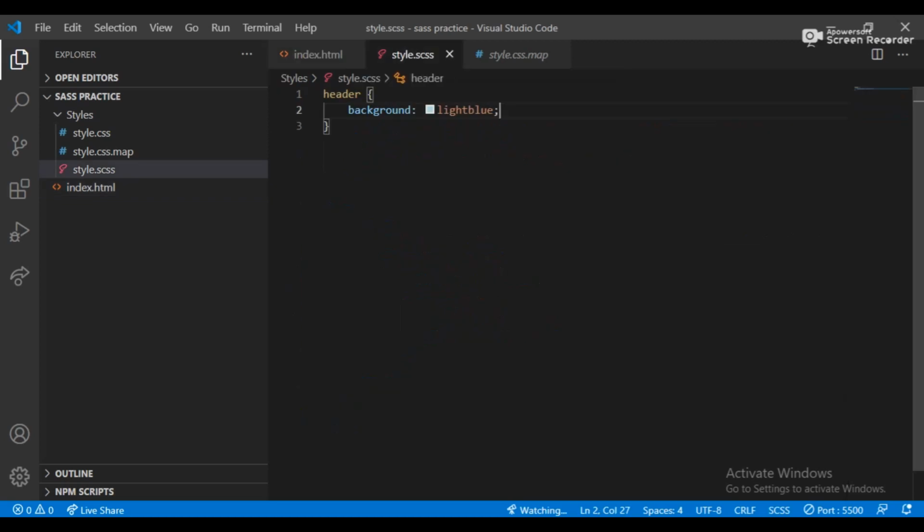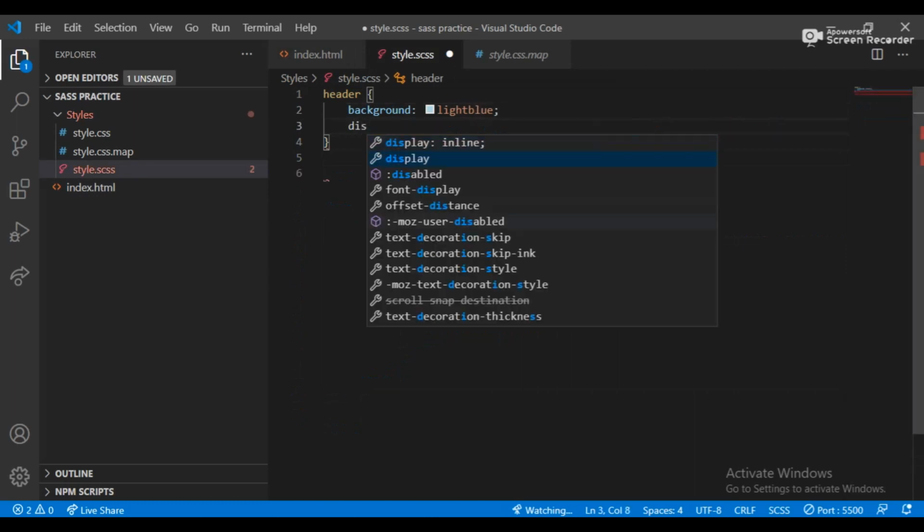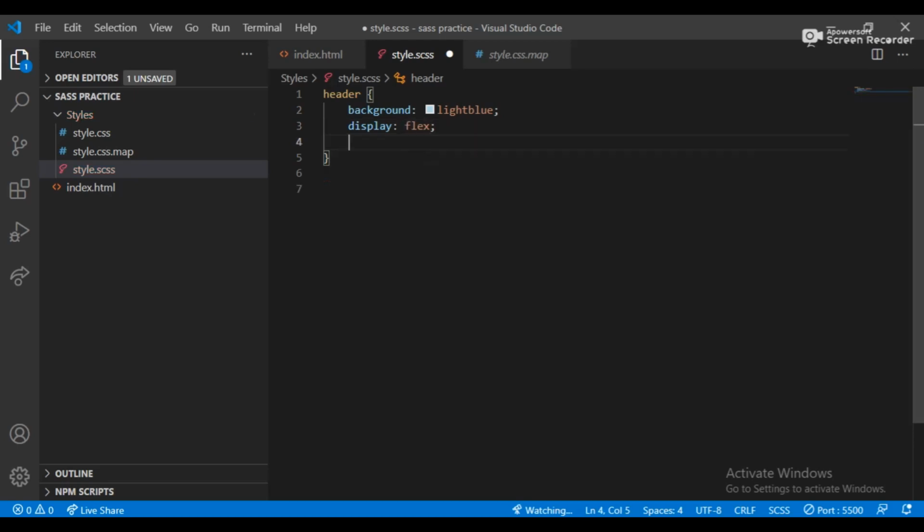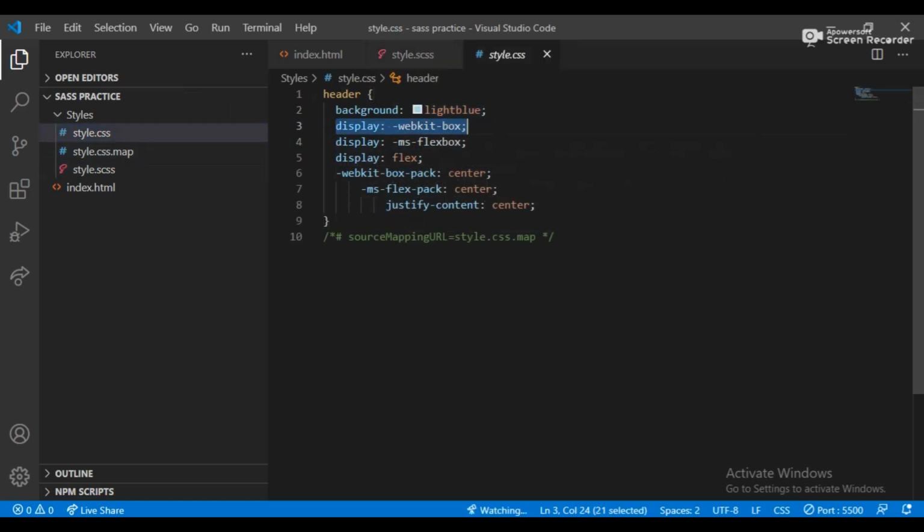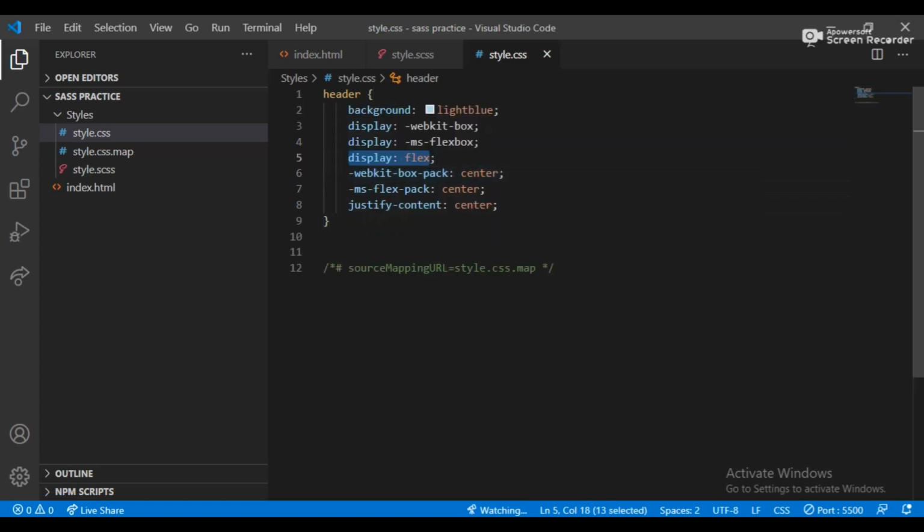So what should you do next? We need to use multiple things, but I'm just making a simple style for the div header, display flex, justify content should be centered, and you can see the changes when I add the SCSS. You can see it creates multiple properties in the header. So why do we need to use SCSS? You just need to use it for this, and it's also compatible with all the browsers. You can see WebKit, box pack, and MS flex, and justify content.